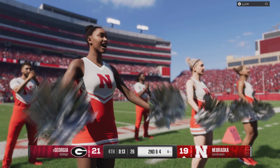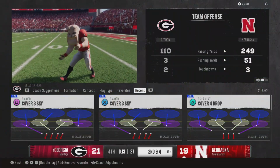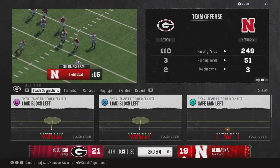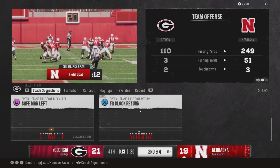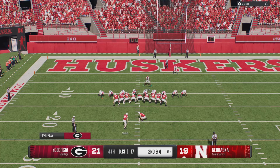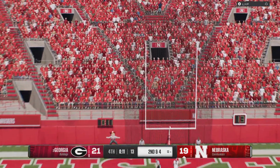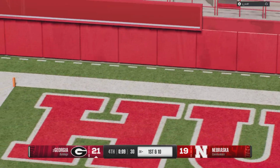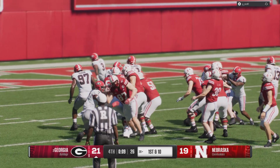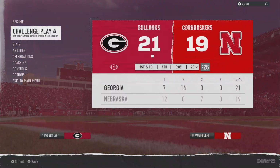Timeout is called. Clock stops. 13 seconds to go in the game. So this is going to be rife with drama and overflowing with pressure on this field goal try. Timeout called by the defense. 13 seconds to go. They'll try to cap off this drive with a field goal. No. Yes! Good. Yes! Still down by 2. Yes! Right there. Man, there is nothing worse in the world than that feeling right there. Missing a field goal when